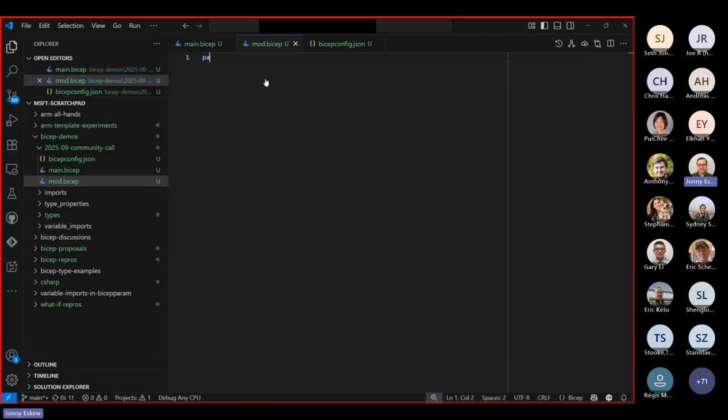constraints. So we have some built-in constraints for primitive types. So if you have a parameter and you call it less than 10, and that is an integer, you can ask us to enforce this at runtime. So we'll say max value 9. And this will influence how the Bicep compiler